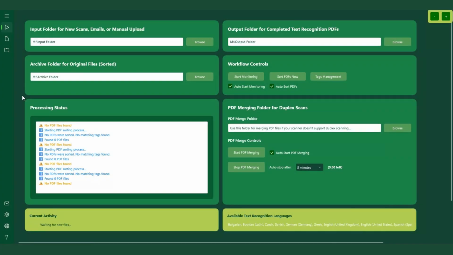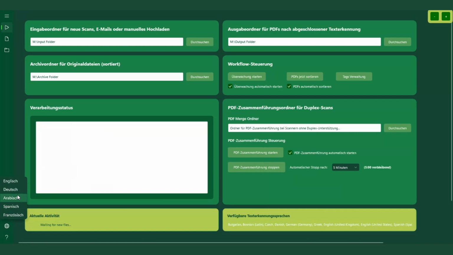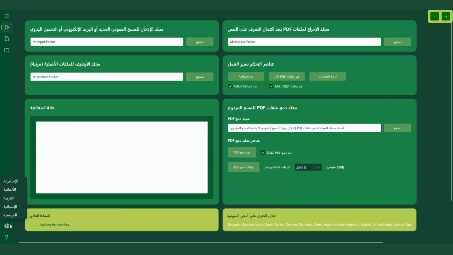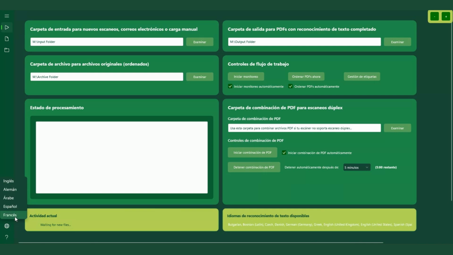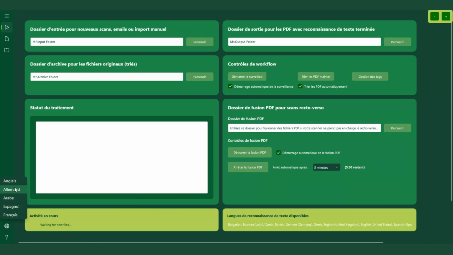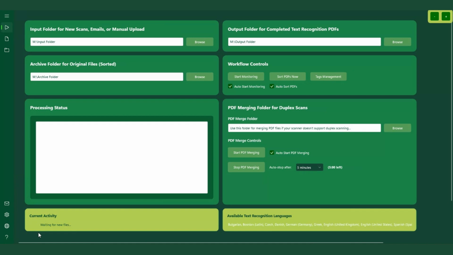After the login screen, you will land on the main dashboard of MySorty, also called the Operations dashboard. Here, you can change the UI language. More languages will be added in the future. Please note that these are not the same as the OCR and language detection languages that MySorty supports. Currently, MySorty supports around 28 text recognition languages, and you can view which text recognition languages are currently installed on